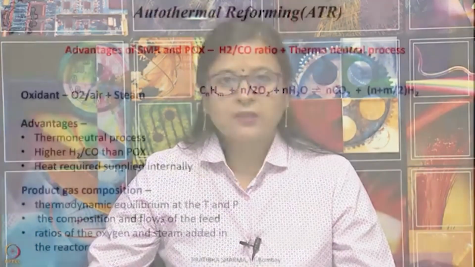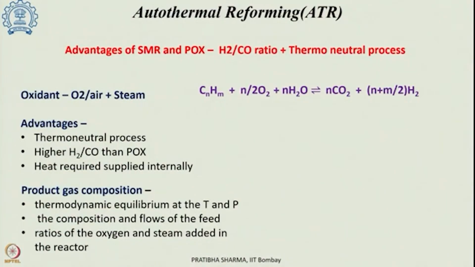In the earlier classes we have seen in detail the process of steam methane reforming, and also the method of partial oxidation. In today's class we will learn about the autothermal reforming method, which is the third method for hydrogen production from hydrocarbons. Now this autothermal reforming is a mix of both the processes we have learned, steam reforming as well